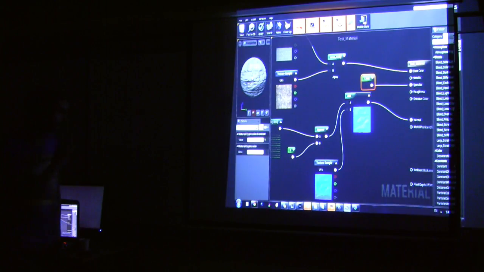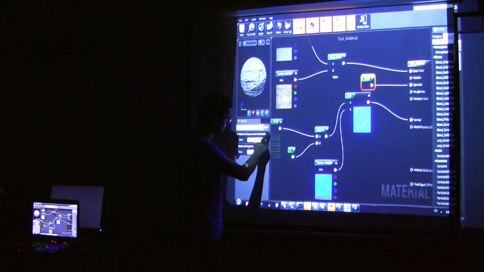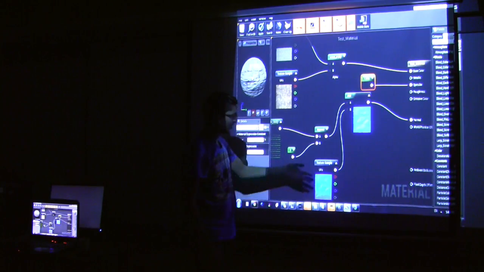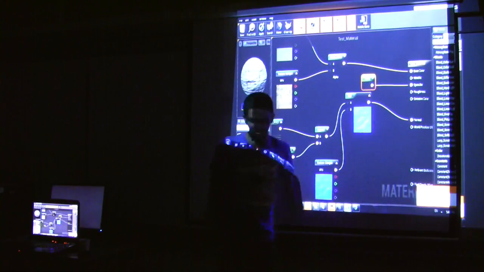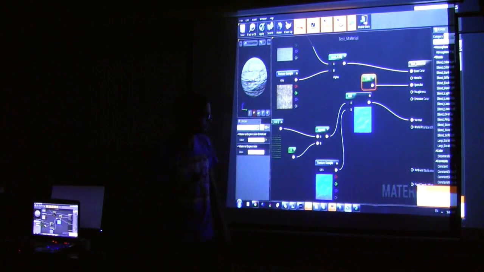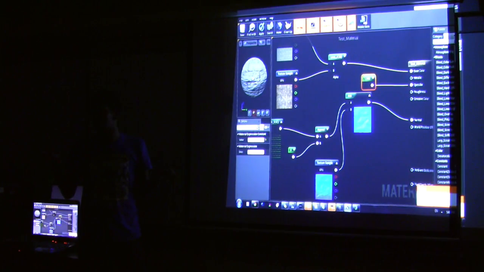Okay. This is just an introduction. We only used just a couple of nodes, a few nodes only from the huge amount of nodes available. So people go crazy with what you can do with materials. This is just a very simple example. You can create flowing lava and stuff,